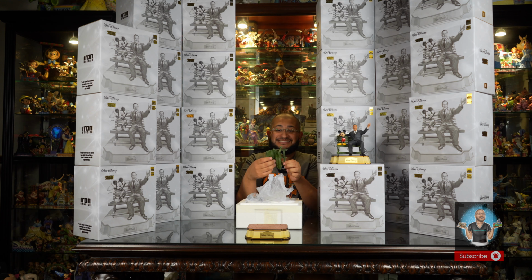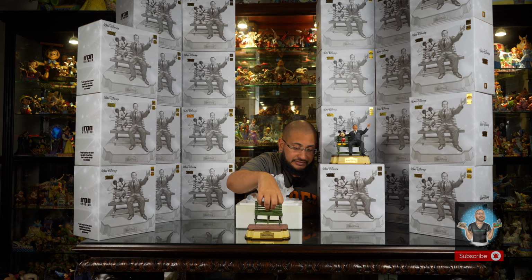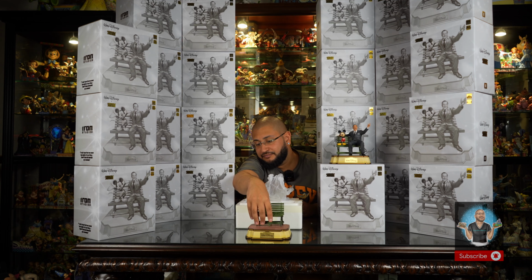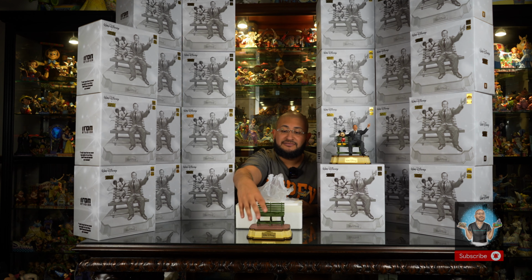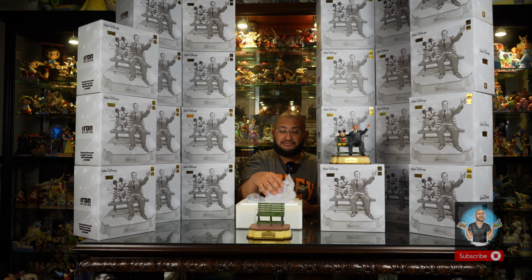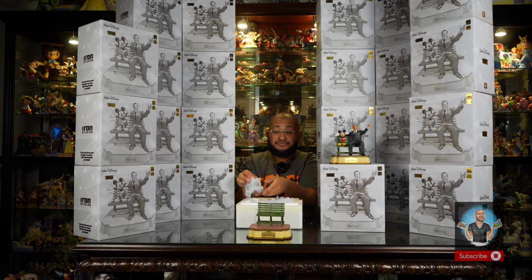So here we have this green bench. This is made of a light resin material, and there is a peg as well. So you are going to key the peg in. There's going to be a little slot as well. There we go, and it lightly fits. Now, it's not intended to fully fit flush or tight, and you're going to see why, because when you apply the next piece of the statue, which is Walt,